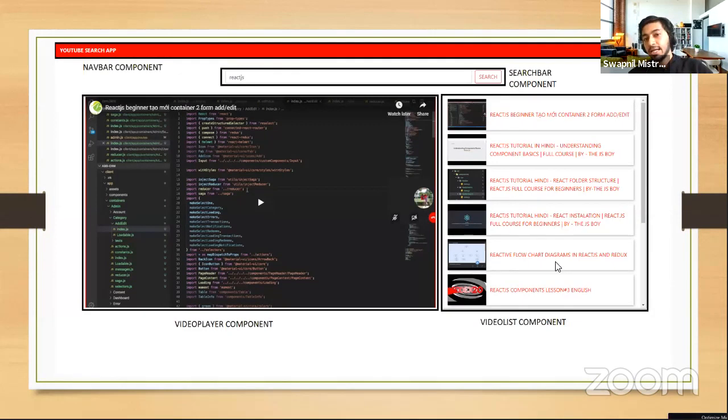Then we have another component called the video list component. What this component does is it just maps over the items which we get from the YouTube API, which is nothing but the YouTube results. And at last, we have a component called the video player component, which will be responsible for playing the video over here. Yeah, and I just received a question which is saying that